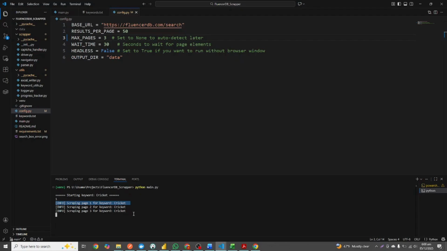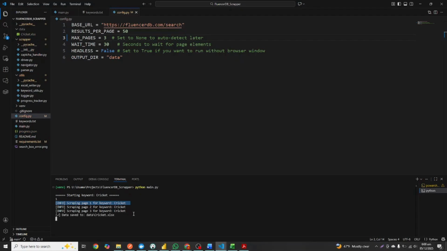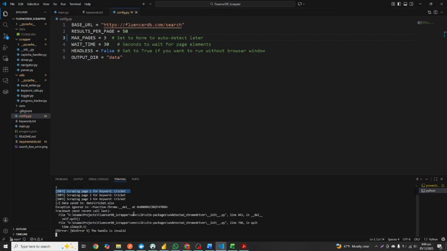Since I have limited this demo to only 3 pages, the scraper will stop once it hits the page limit. Now the scraper completed its job,